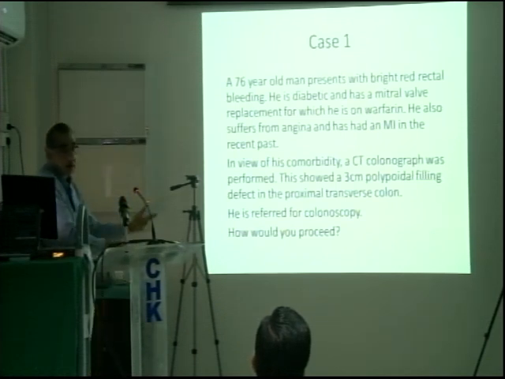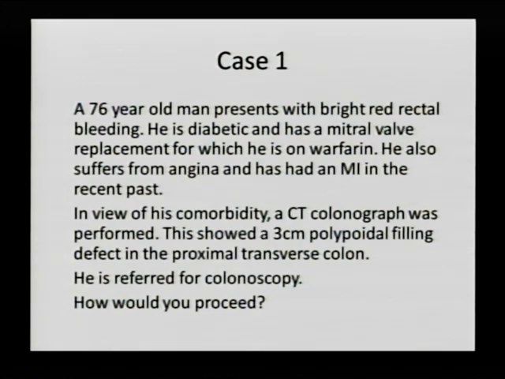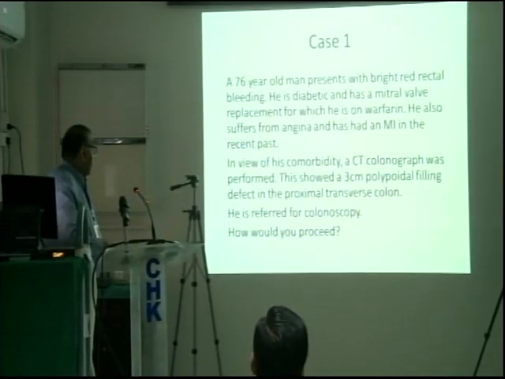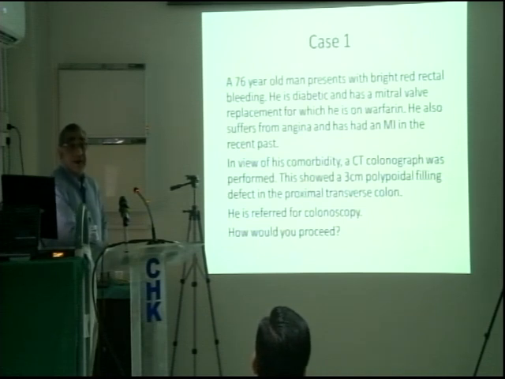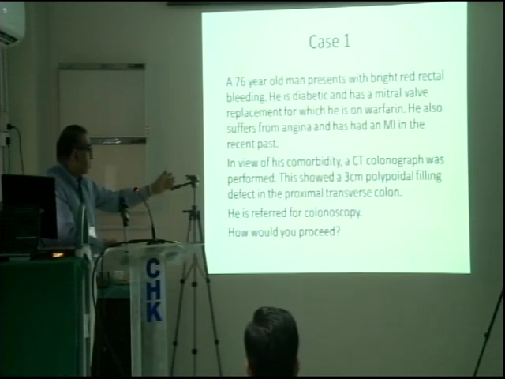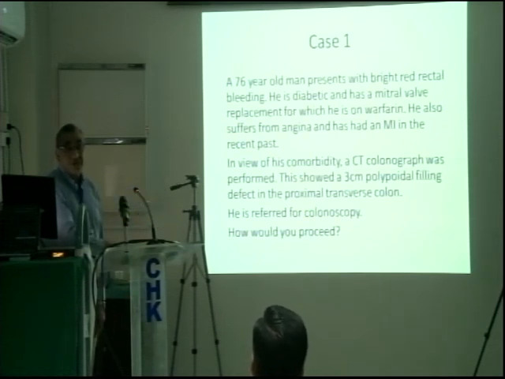These are real case scenarios that we normally see. So that showed a 3-centimeter polyp, which Paul very elegantly demonstrated in his previous lecture. So that type of polyp. And the problem is, if the CT colonography was normal, it would have been fine. So they found a polyp there. So what do you do now? You got to do some,